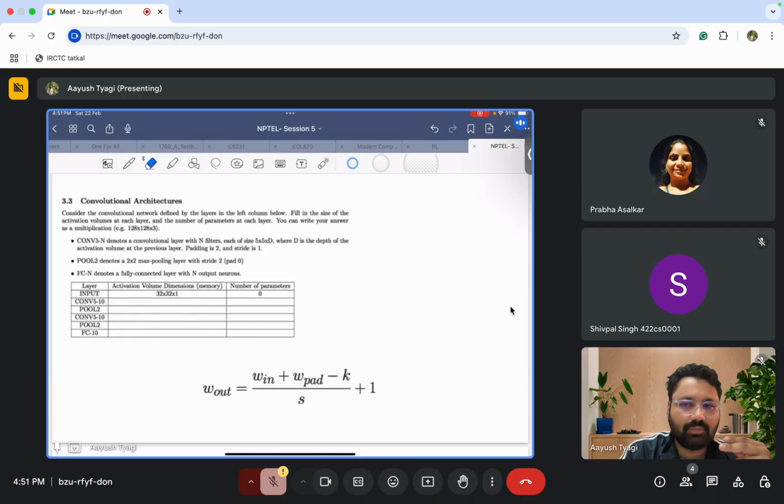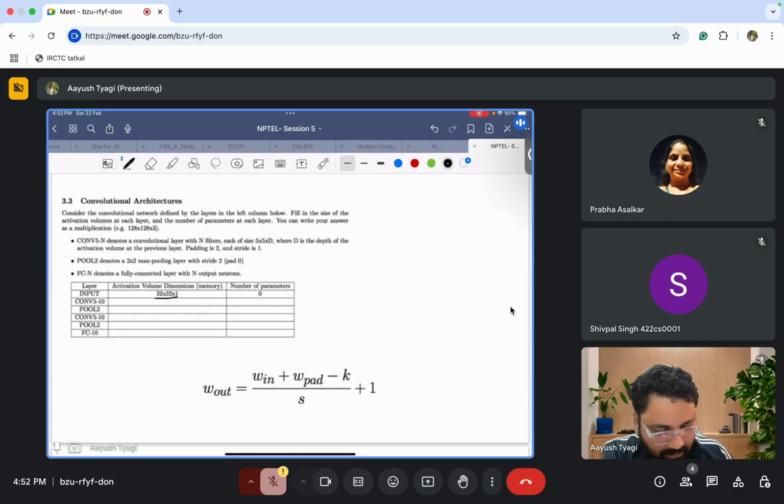So based on that you should be able to see what the padding and the stride you require are, so that you can have the exact same output you require in the next layer. So the question we are solving here is, suppose you have an input dimension which is 32 cross 32,